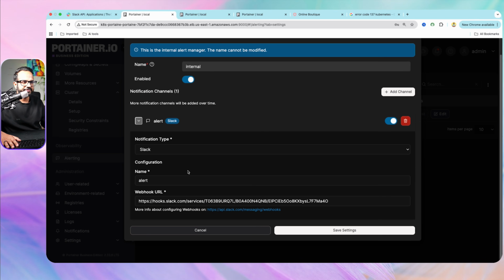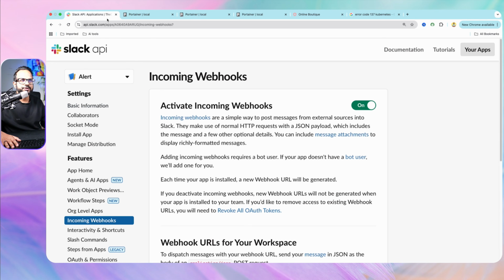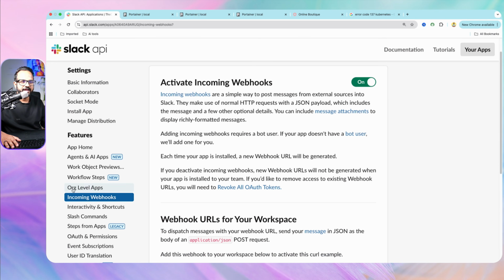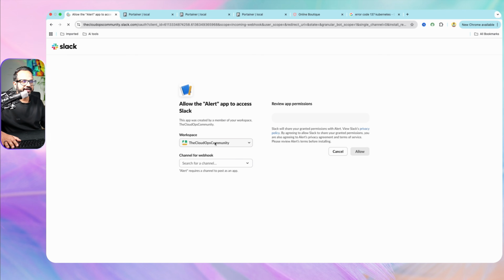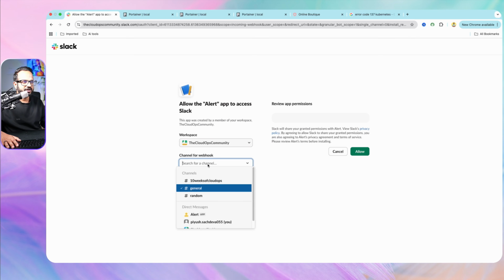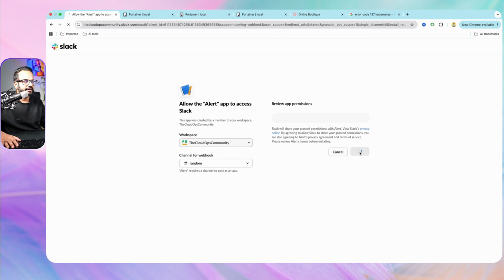So here is the notification channel for me, which is a Slack channel. And you can also configure it from here. You can go to Slack API, and in the incoming webhook section, you can create a new webhook. Let's create a new webhook. Select the workspace and then select the channel. Let's select the general channel, or let's select the random channel. That's okay. Hit allow,